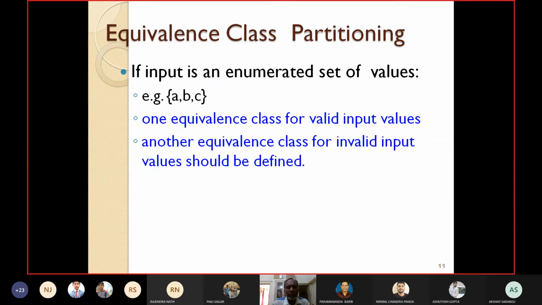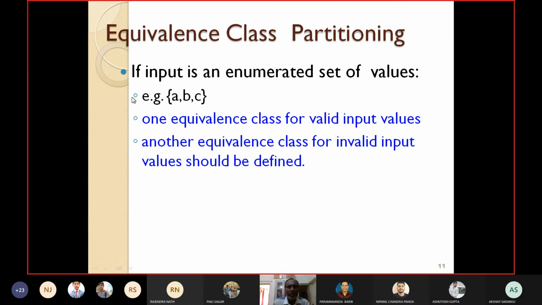Here we will get two equivalence classes. One equivalence class for the valid input values, that means only from ABC, and another equivalence class for invalid input values. Anything else besides ABC, somebody has given D, somebody has given X, these are all invalid.